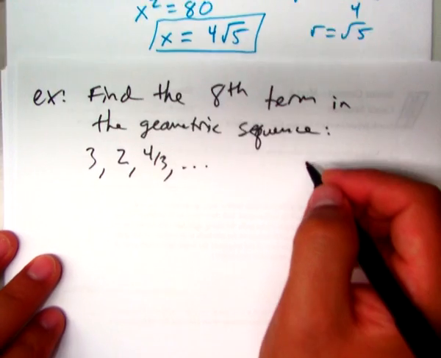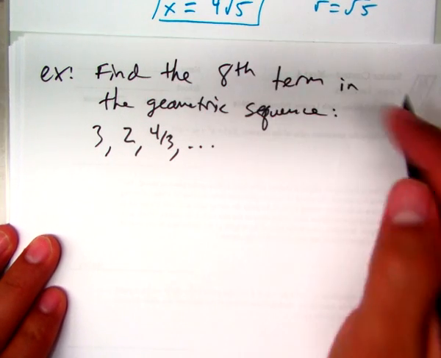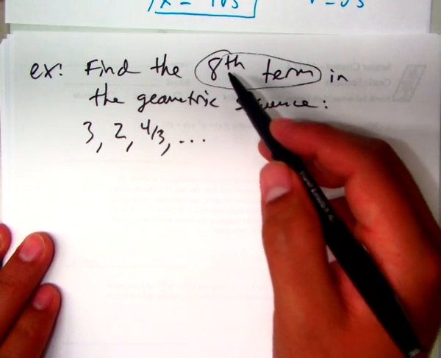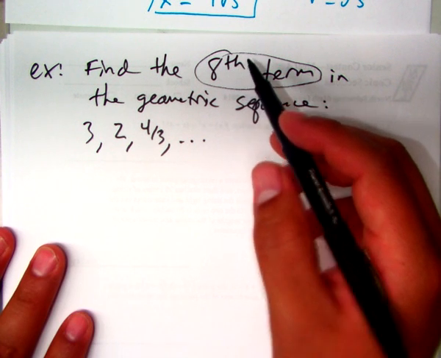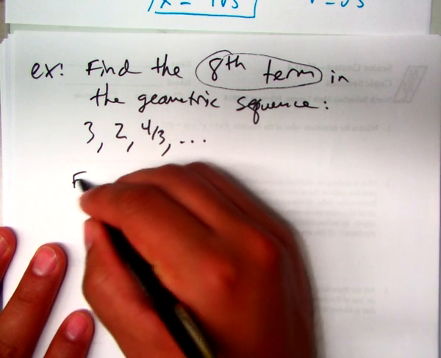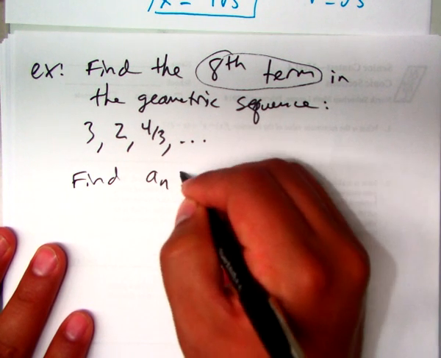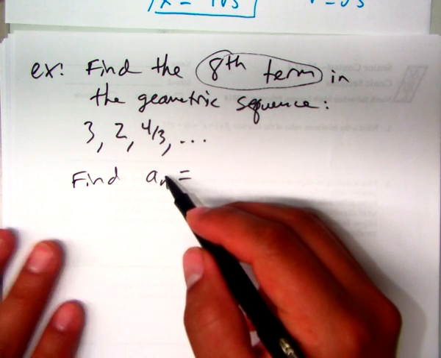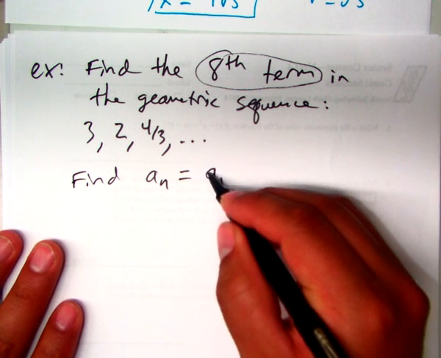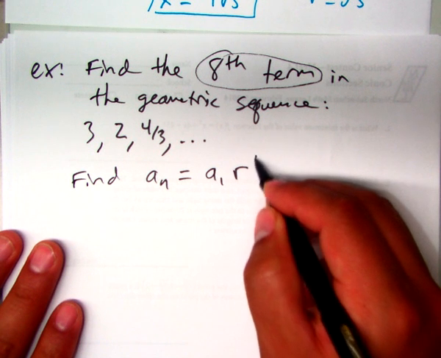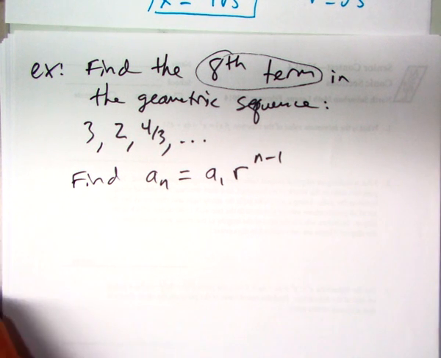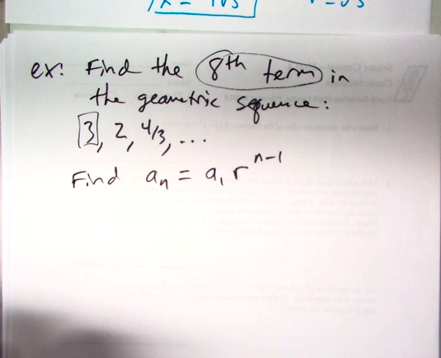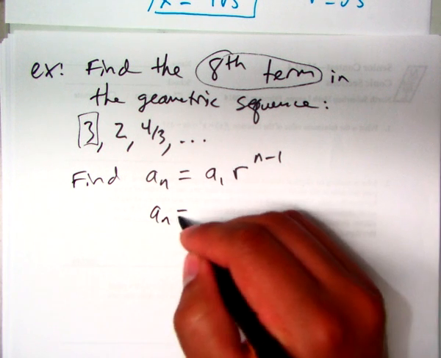Anytime they're asking you for a specific term, the most straightforward way to do this is to go ahead and find the general rule. Well, we know the general rule for a geometric sequence is a1 times the common ratio to the n minus 1. And in this case, we know that our first term is 3, so it's going to be a sub n equals 3 times